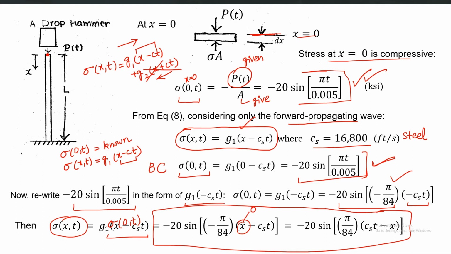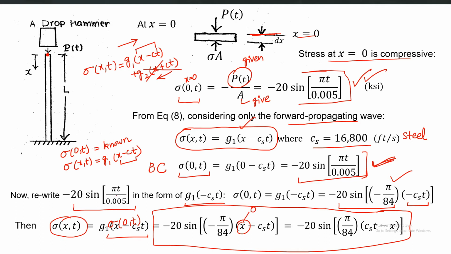So this is also one way to do it; we are basically doing it in reverse. Instead of directly finding g1, we are making what is known take the same form as g1, and then g1 will be given or determined in this way. So sigma 0 comma t was given, it was coming from the boundary condition. We rearranged it.